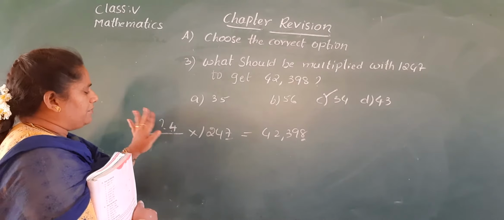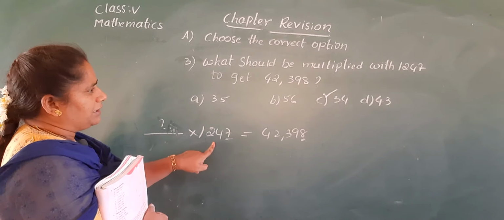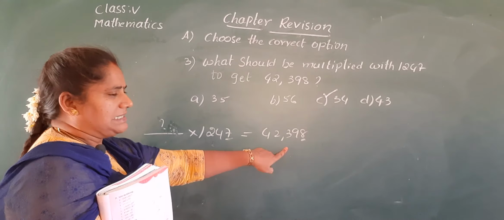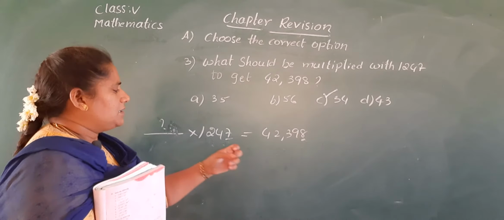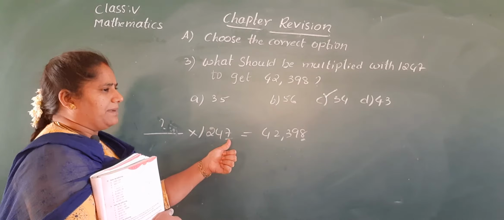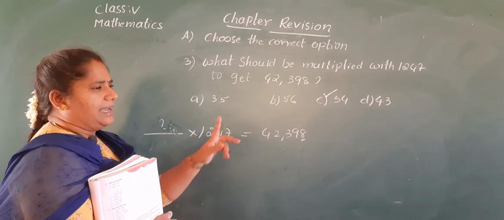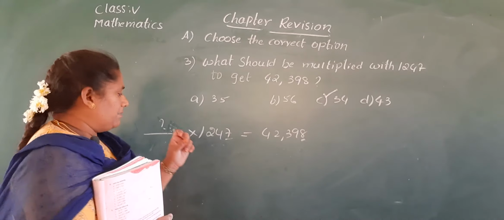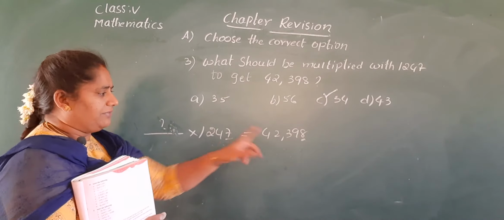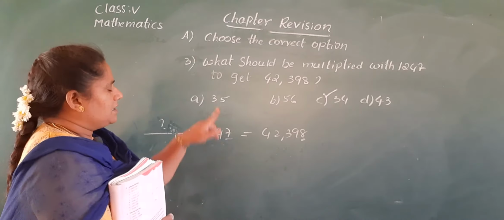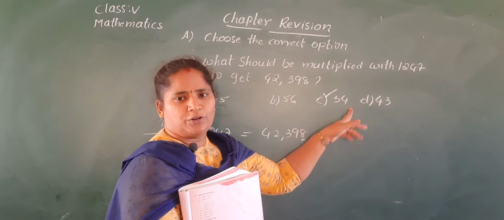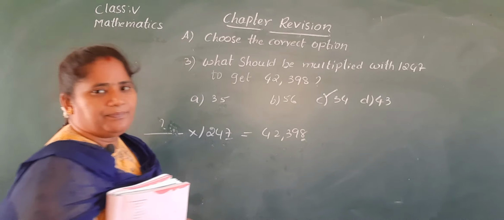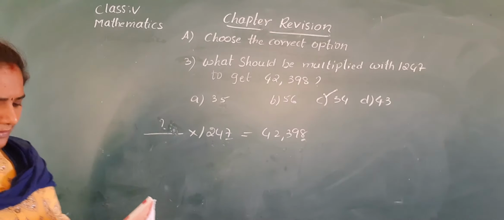Okay. You just have to use one small trick here. Which number do you have to multiply with 1247 to get this number? See the digit in the ones place. Here 7, here 8. By which number do you multiply 7 to get 28? Yes, 7 4s are 28. There must be 4 in the ones place. Then only we can get 8 in the ones place. Here the ones place is 5, here 6, here 4. So our answer is C. Okay? And next one.